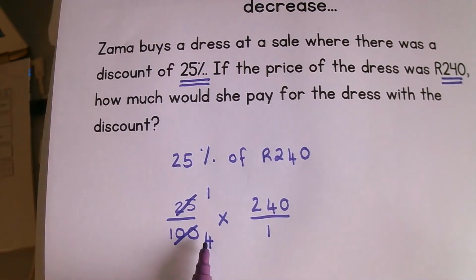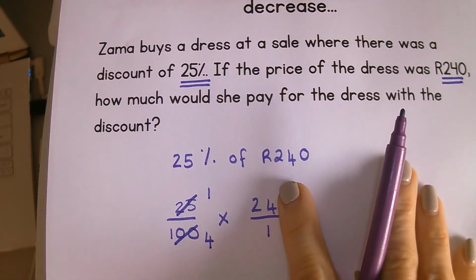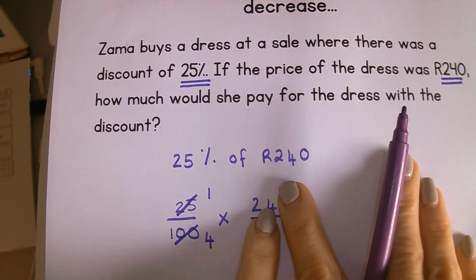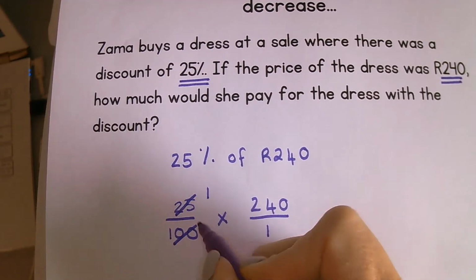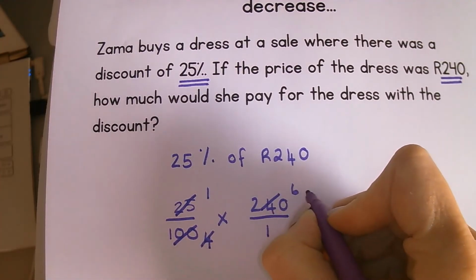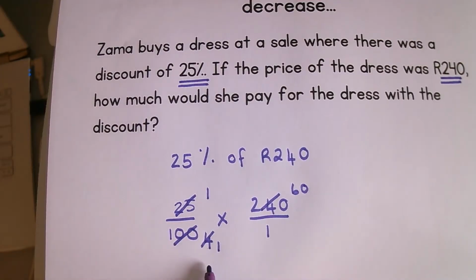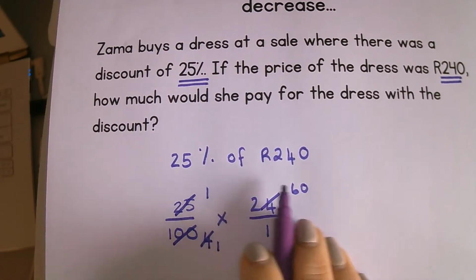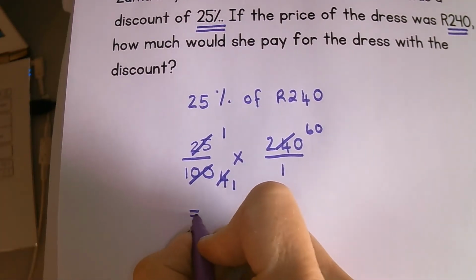I can also see that 4 can go into 240. If I just block off that 0, you can see that 4 goes into 24 6 times. With the 0, it makes it 60, so 4 goes into 240 60 times. Now I'm left with 1 over 1 and 60 over 1. So I times top with top, bottom with bottom, and you're going to notice I get 60